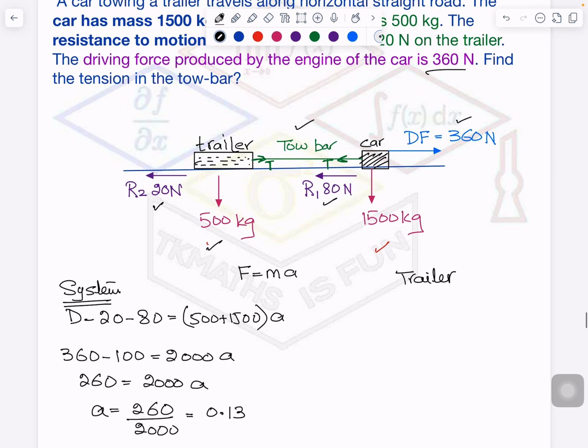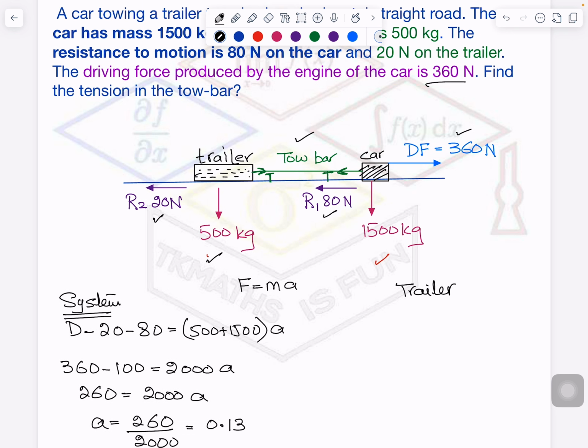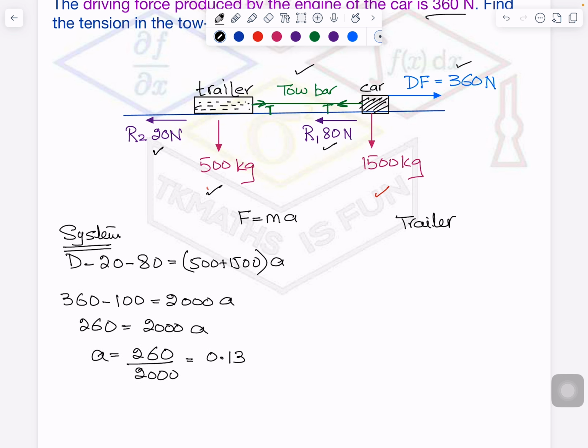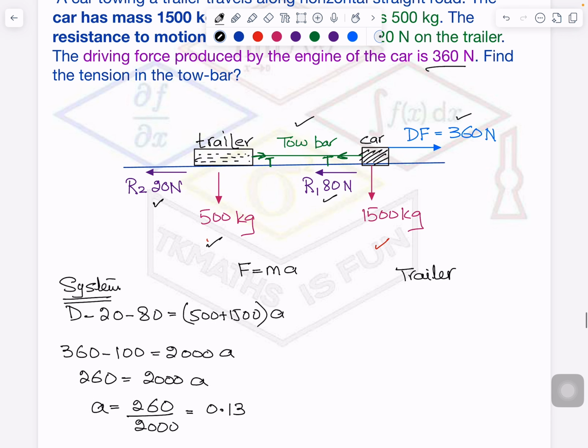Now if I want to find the tension, like it is saying find the tension in the tow bar, so the whole system in one go will not give me tension here. I have to separately do it to get tension, definitely. So after that, for example, if I write the equation of the trailer or the car, your choice. So trailer equation if I write, okay, I'm talking about this part. So it will be what? T minus, let me change the color, T minus 20